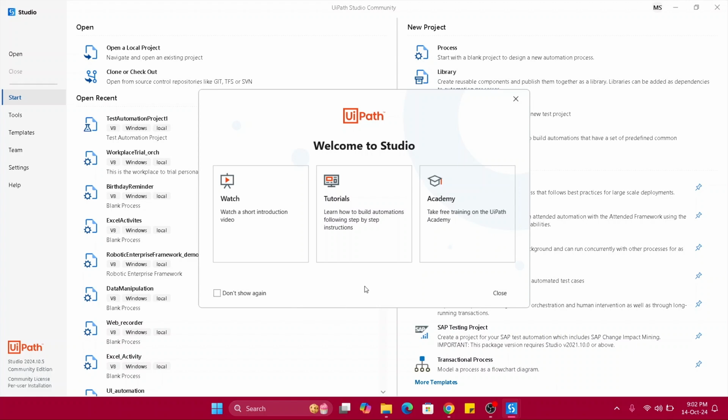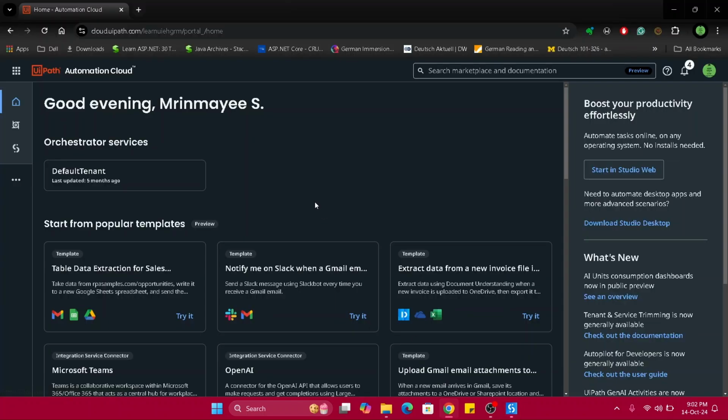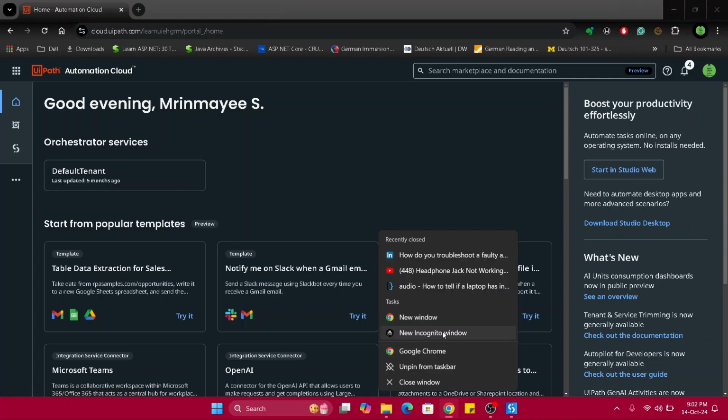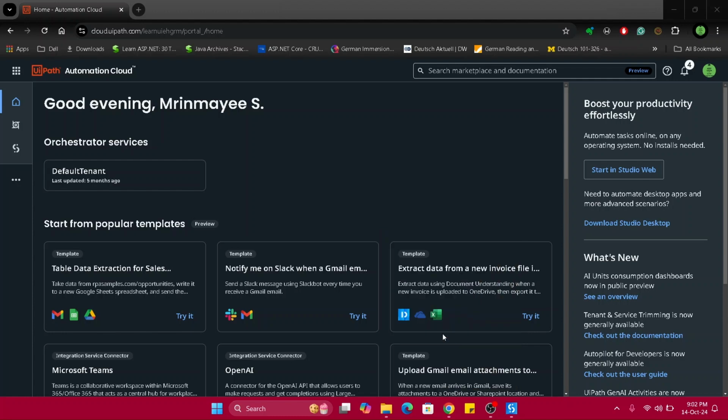Now if you are new to UiPath Studio on cloud, you need to set up your account on cloud. So this is the URL. Now as you can see, I have already set up my account. Also download the UiPath Studio from this option. If you want to set up, just go to the browser